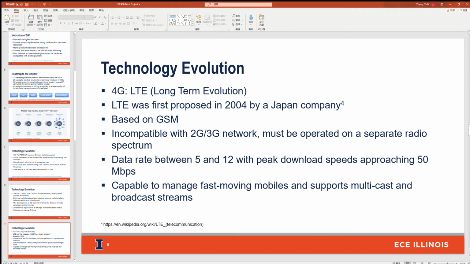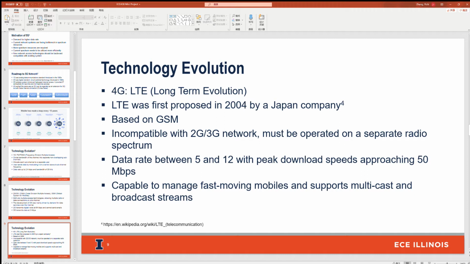So let's go to the 4G LTE. LTE stands for long-term evolution, which is the standard for wireless broadband communication for mobile devices and data terminals. LTE was first proposed in 2004 by a Japanese mobile network operator. LTE is based on GSM technology, and it increases the capacity and speed using a different radio interface together with